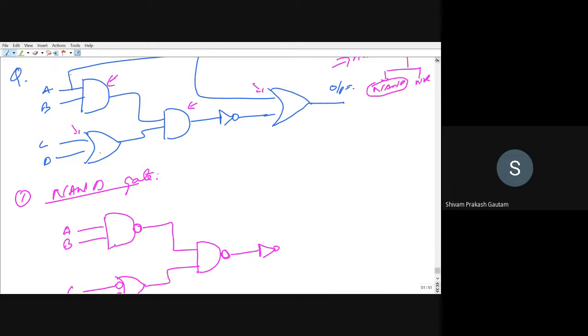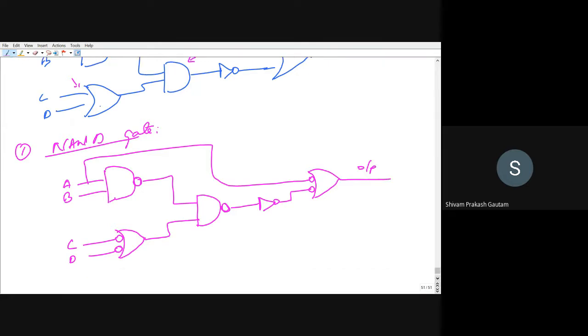And then the OR gate is again here, so we have to provide a circle to the input of the OR gate. And this is coming from here. This is our output. So step number 2 is done. We have selected the NAND gate. We have provided a bubble to the output of the OR gate. You can see it here, and the input to the OR gate everywhere in the logic. This step is clear.